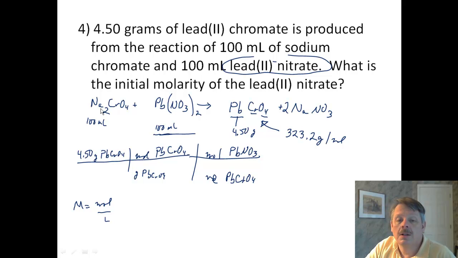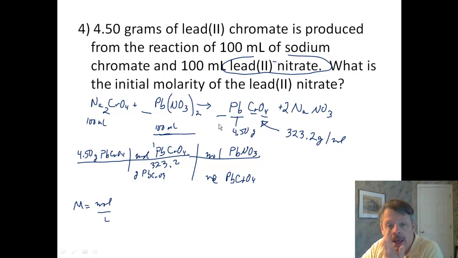All right, let's go back. We know that how many grams are in 1 mole? Well, we said 323.2 in 1 mole, and I look at my coefficients. And I have lead nitrate over here, and I have lead chromate over here, and I have a 1 in front of both of them. So my 1 and my 1 are going to cancel. All right. So I take the 4.5, I divide by 323.2, and I come up with